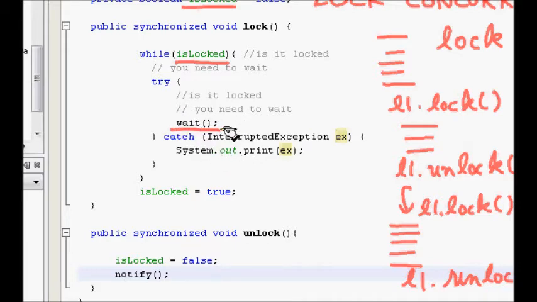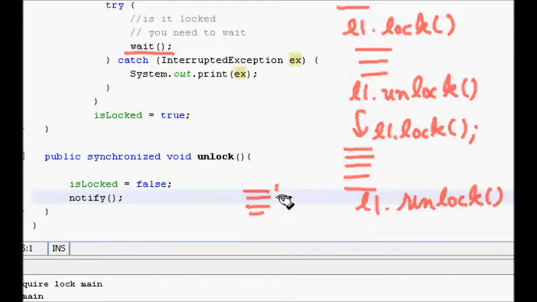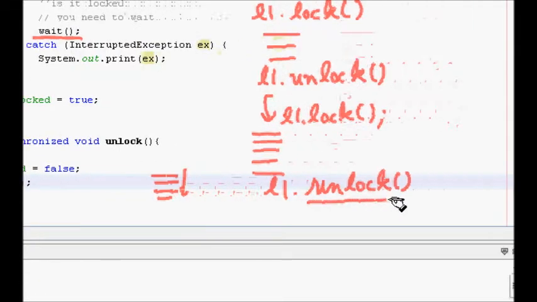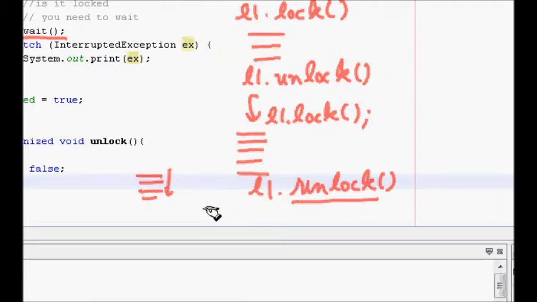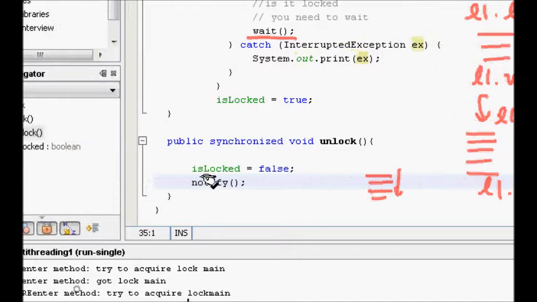So it is waiting, and let's say the other thread was inside this region and is now done, and it calls L1.unlock. The effect is that isLocked will become false and it will notify.